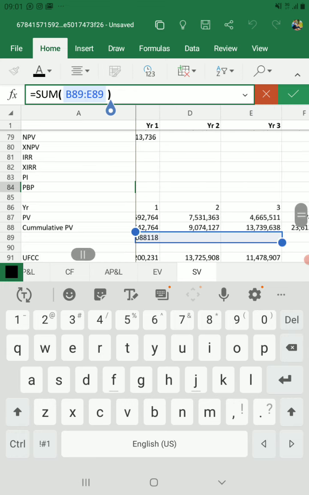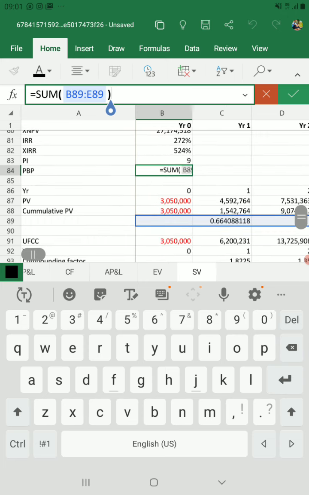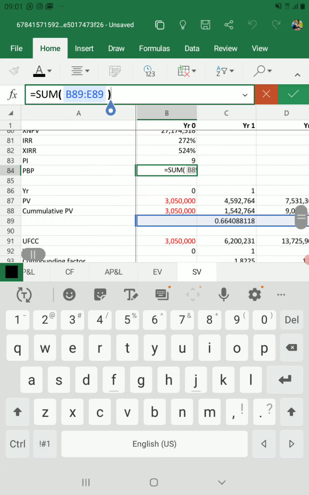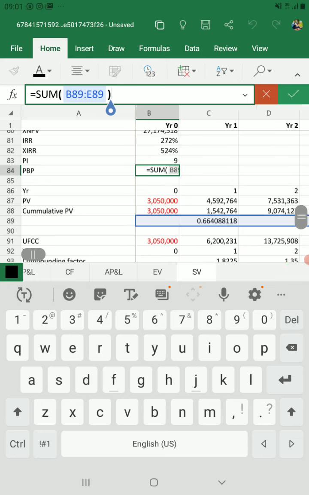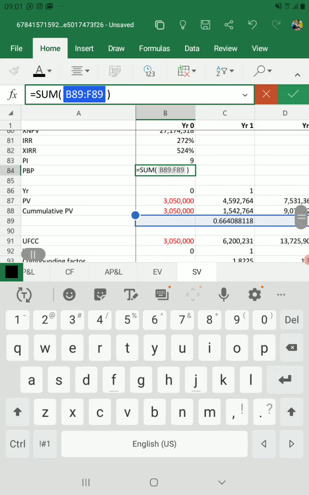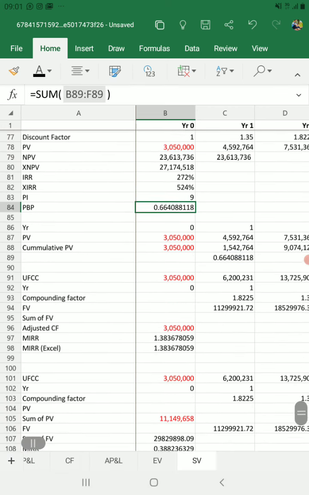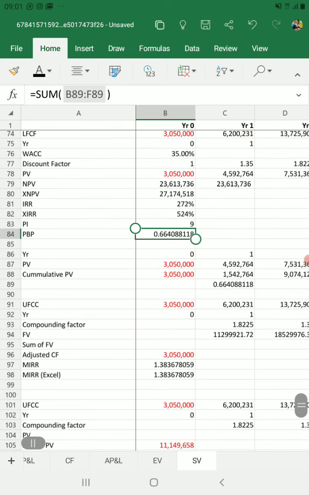So I have to, but it says, yeah, let me make it cover the terminal value also. Okay, so you see our valuations now are not realistic. For example,